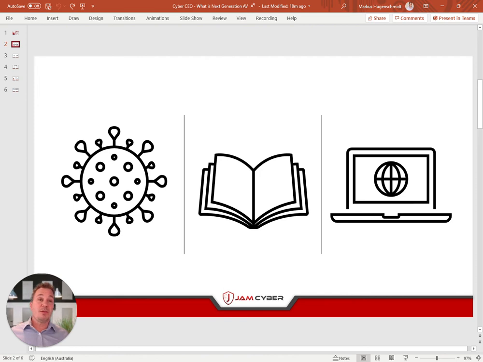Before we talk about what next generation is, though, let's have a look at what classic, old school antivirus looked like. In a nutshell, it was like a photo book in your local police station, and you would basically have images of all the bad guys in a book. In this context, that book would contain hundreds of thousands of signatures of what viruses looked like.